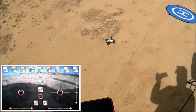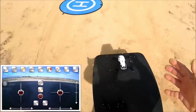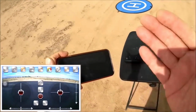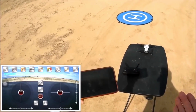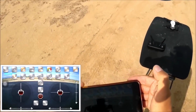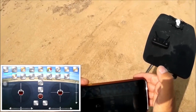Okay, I want to check to see whether or not it landed by itself as well with the voice command. And it does. So some of the functions do work. It is not the very best, but the microphone and the voice command do work. Very nice. Let me hit that other button and there should be